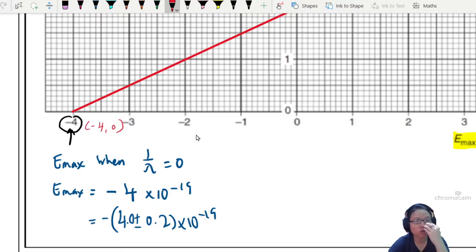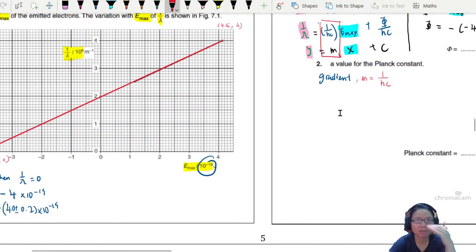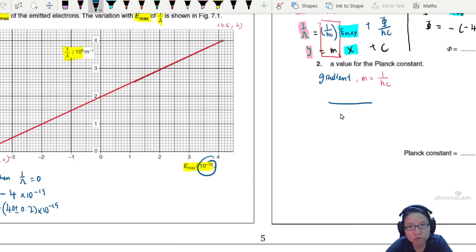-4, 0. I've got the prefix, and I will use it later in my gradient calculation. Okay, let's plug that in. To find the gradient, I will make it very obvious that I'm using the gradient equation. So I will use the height, which is the y-axis. This will be 4 minus 0. Don't forget the prefix for the y-axis is 10 to the power of 6. Then I will divide by the x-axis difference, which is 4.15